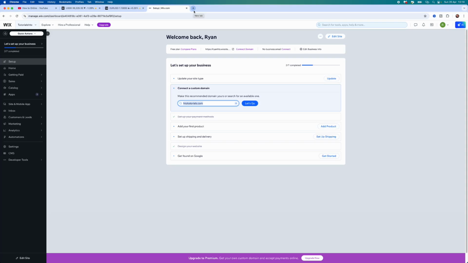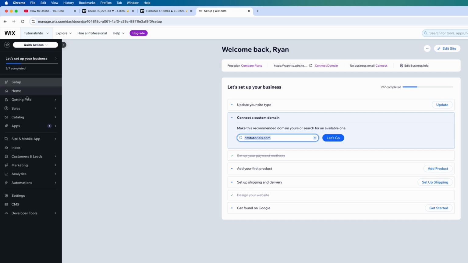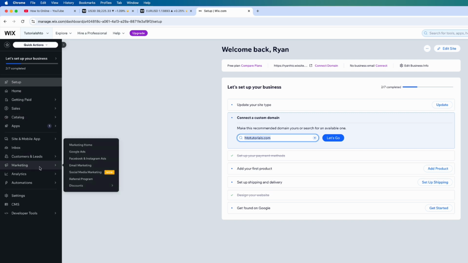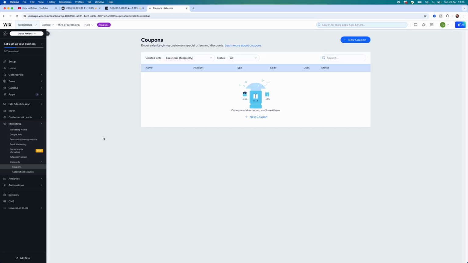In this step-by-step tutorial, I will show you how you can set up a coupon code on your Wix website or store. So once we are on our Wix dashboard right here, you need to head over to the left-hand side bar. You want to scroll down to marketing, and here is where you'll now see an option for discounts. Go to here, click on coupons,